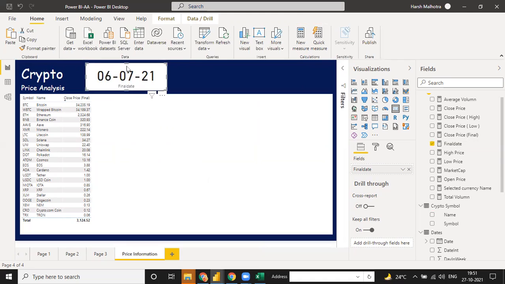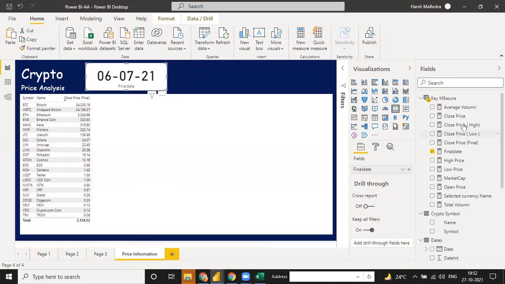But suppose we want to compare my cryptocurrency of last 30 days, of last 60 days, of last 90 days, of last 120 days, then how to calculate? Any idea? If I need to calculate my last 30 days price, it means 6/7/2021 minus 30. We need minus 30 days. So for this, you have to create one more new measure,